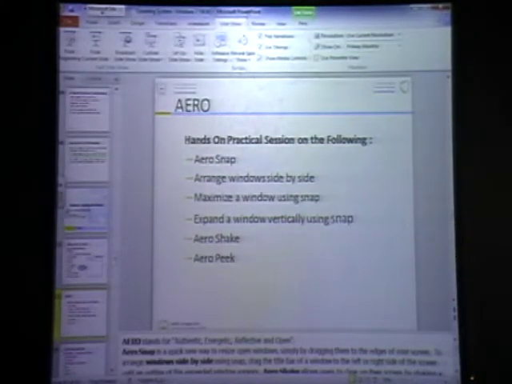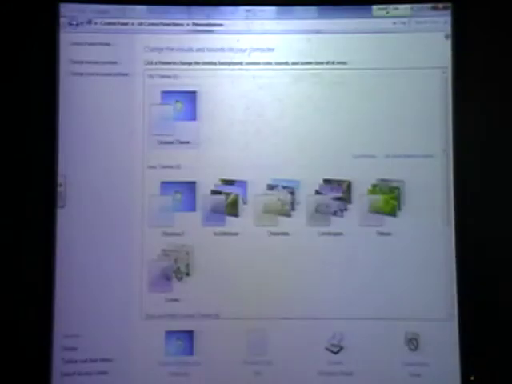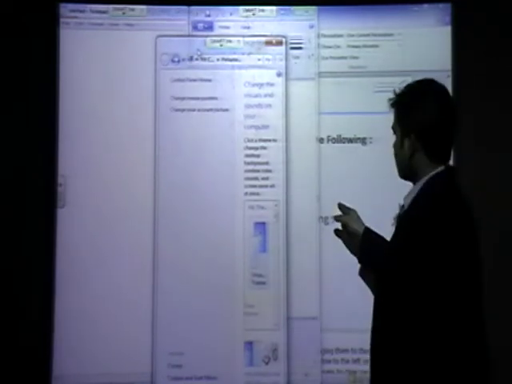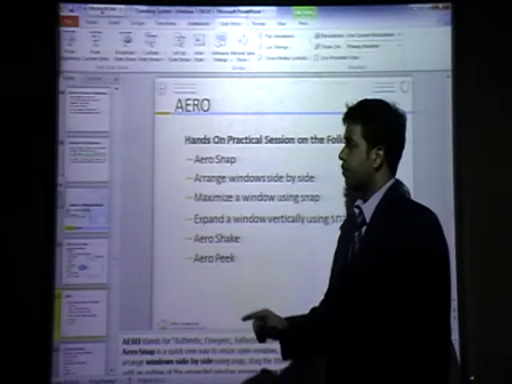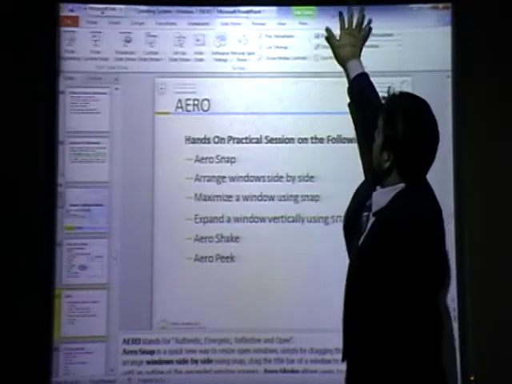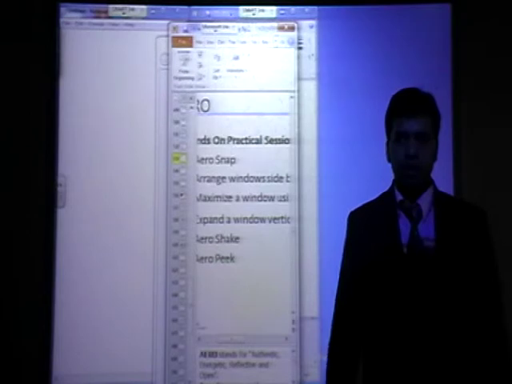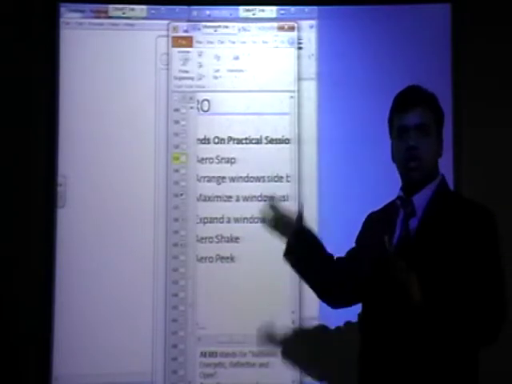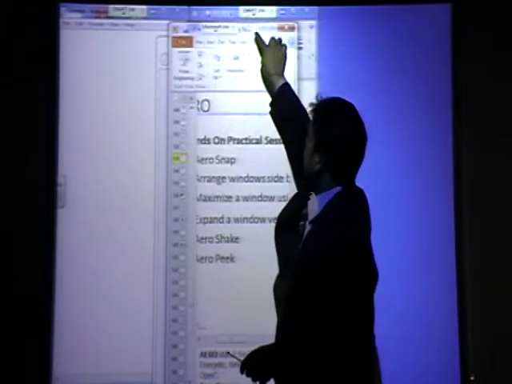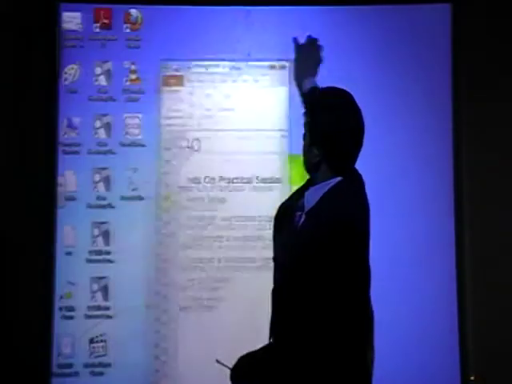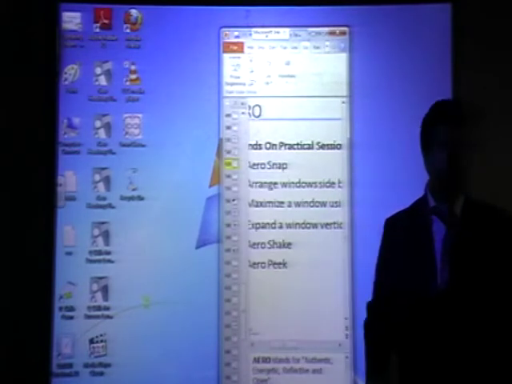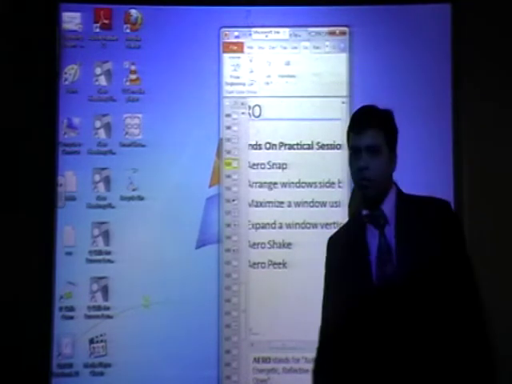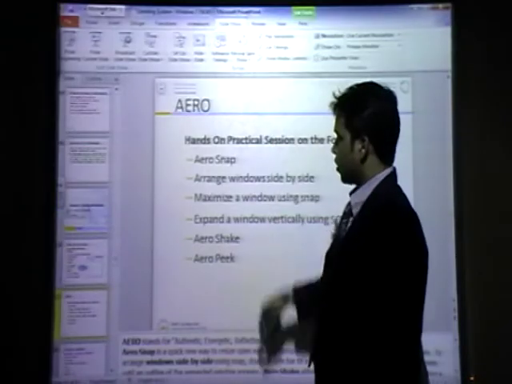Arrow shake means, so many windows are open. I want to minimize all the windows except this one. So what will I do? Okay, what happened? All the windows came down, only this window is open. This is arrow shake.